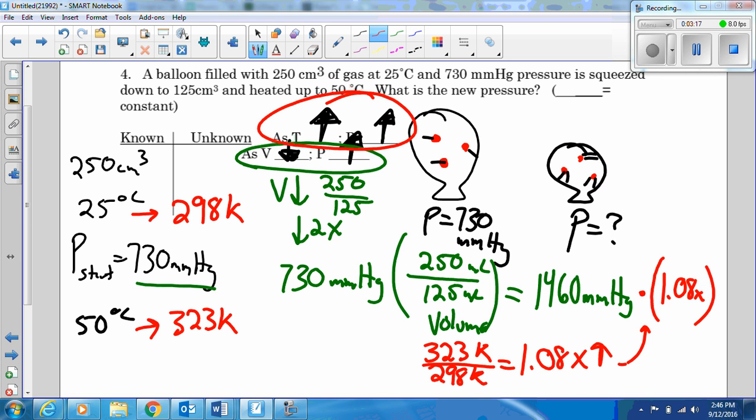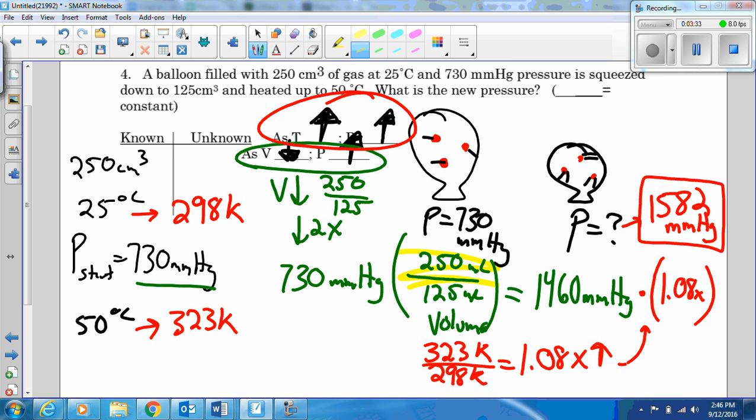So my final pressure is going to be 1582 millimeters of mercury. And that's because 2 things happened. The first thing that happened was that the volume got smaller. That made it get a little bit bigger. And then the temperature went up. That made it get even